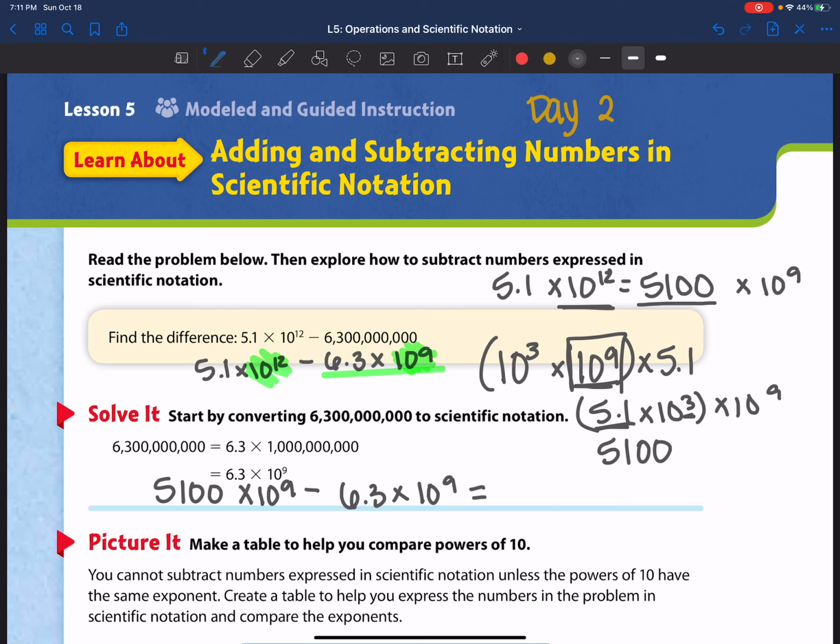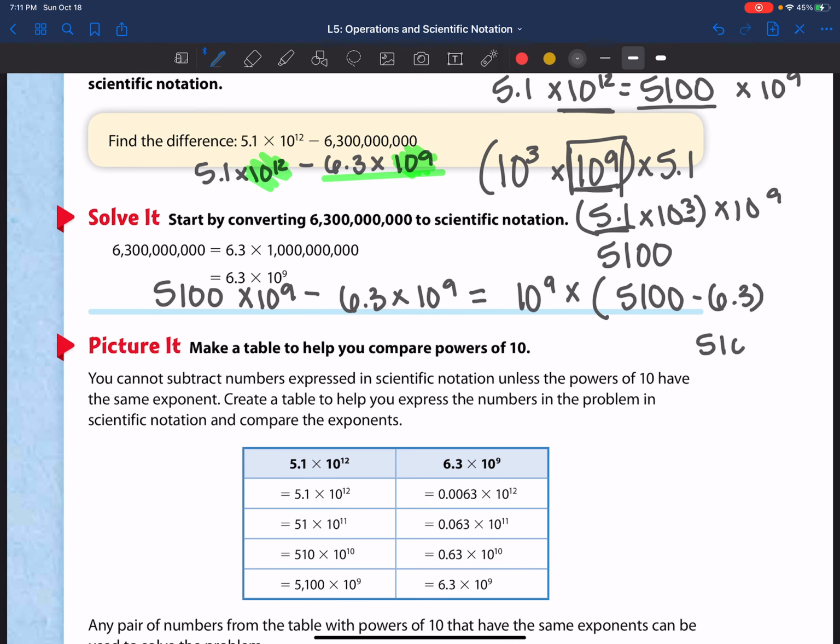And so all I'll do now is factor out my 10 to the ninth power and keep my coefficients together. And I'll just go ahead and simplify. So I will solve here. I'm doing 5100 minus 6.3. So I'll go ahead and regroup. Okay, so I have 5093.7 times 10 to the ninth, and that is clearly not written in scientific notation